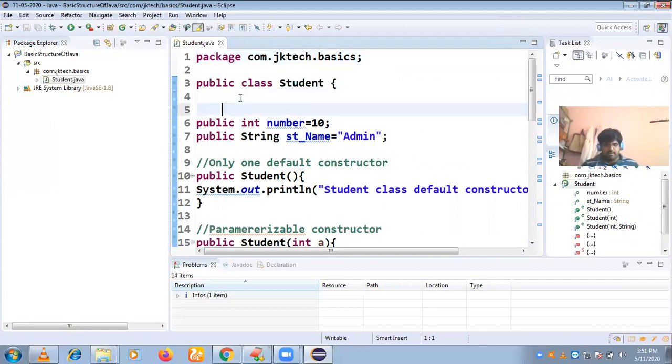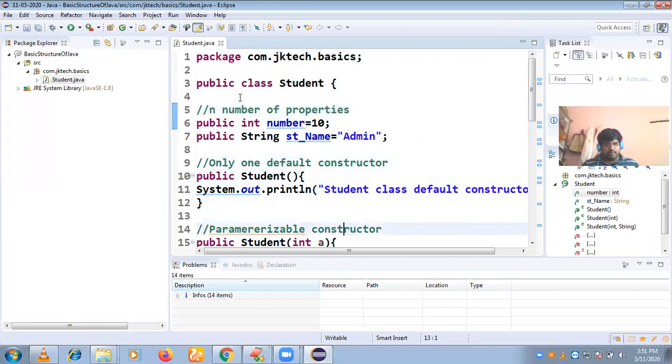So how many properties can a Java class be allowed? We can define a number of properties.